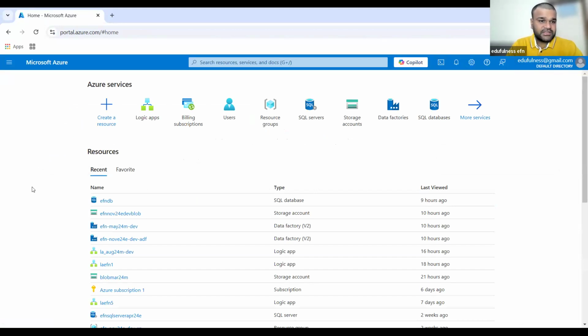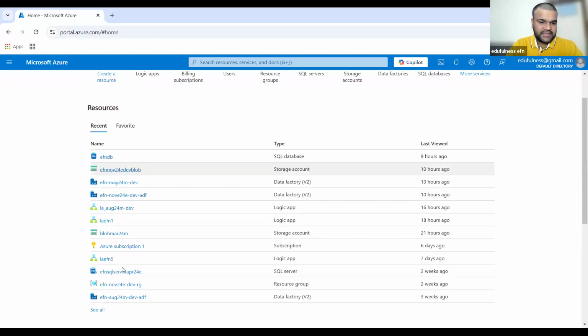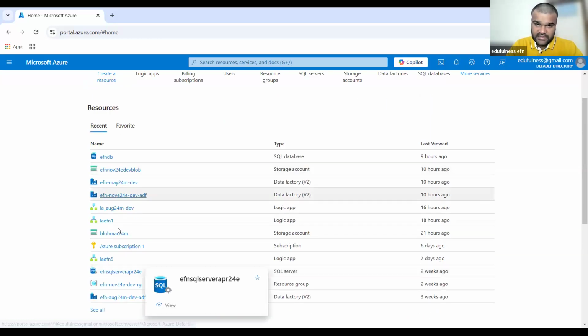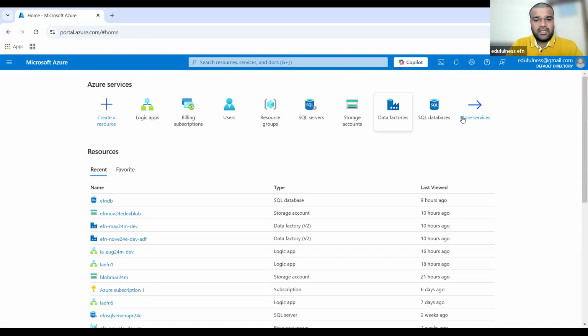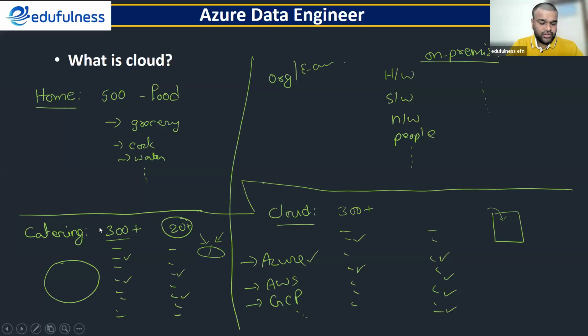So this is the home page of the Azure cloud. Now, whatever we discussed, you can see here. These are different services I created recently for different purposes. Like here, what dishes are you able to cook? Catering people should be ready with a menu card.